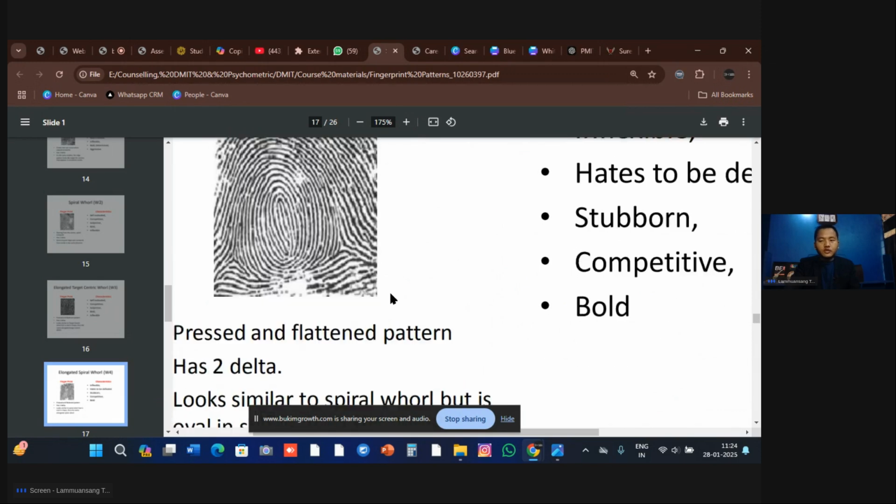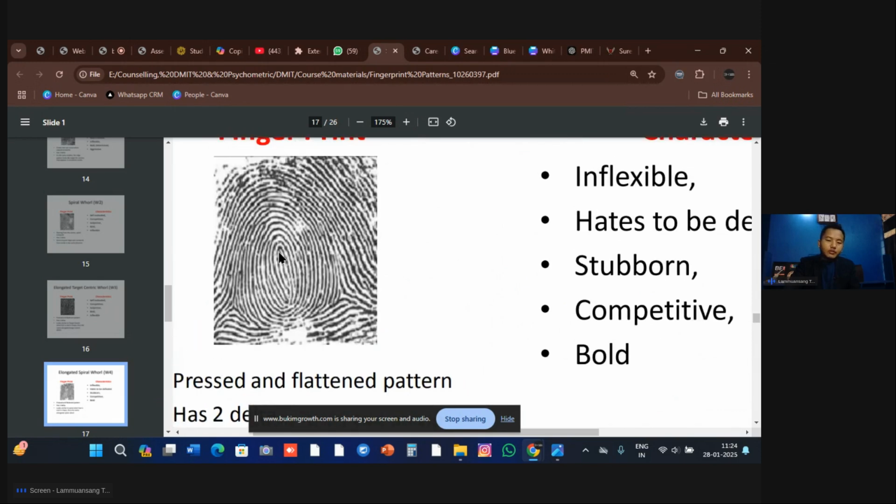See, this is W4, okay? W3 is complete, right here, complete circle. Now these don't have a complete circle, and very easy to differentiate between W4 and W3 is whenever you see W4,